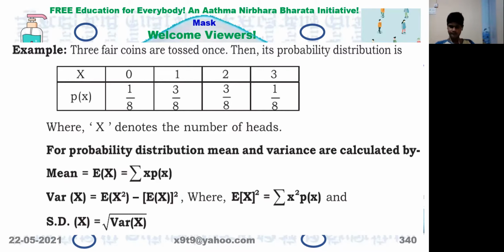Okay. So if you write this form of table, it is of the same type we have used earlier also, is it not? So you will not get the confusion. There, instead of P of x it was f, it was frequency distribution. So we were dividing by sigma f to get the mean and other values. Here we are not going to divide. It is not f, it is probability.